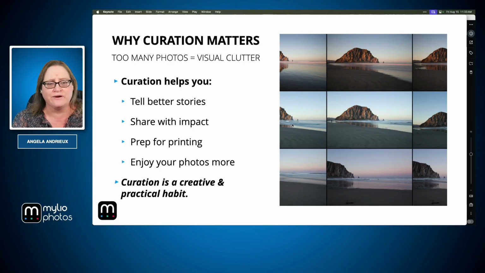It helps you tell better stories. You can share with impact. It gets you ready to print if that's a goal for you, and ultimately it just helps you enjoy your photos more. Now, this is something that needs to become a creative and practical habit, something that you're going to have to do regularly,